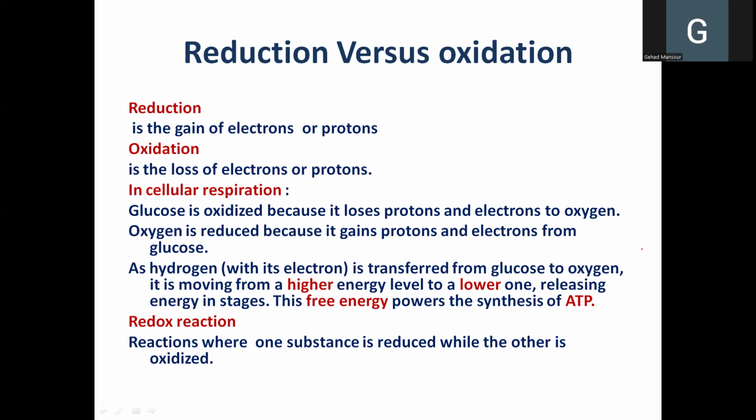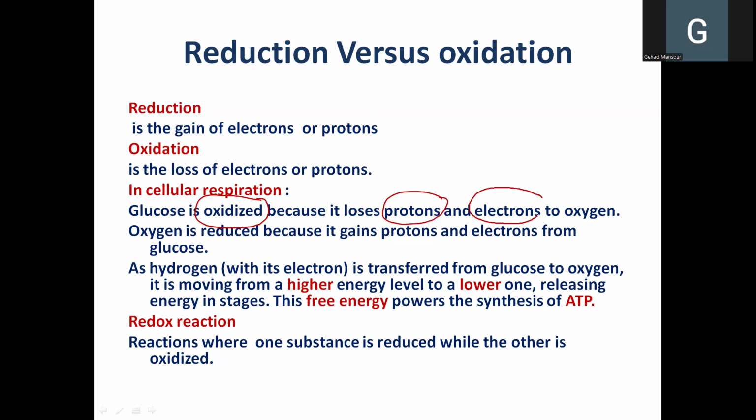So what happens actually in cellular respiration? In cellular respiration, we consider that glucose is oxidized. Why? Because as you will be seeing in the biochemical pathways of cellular respiration,